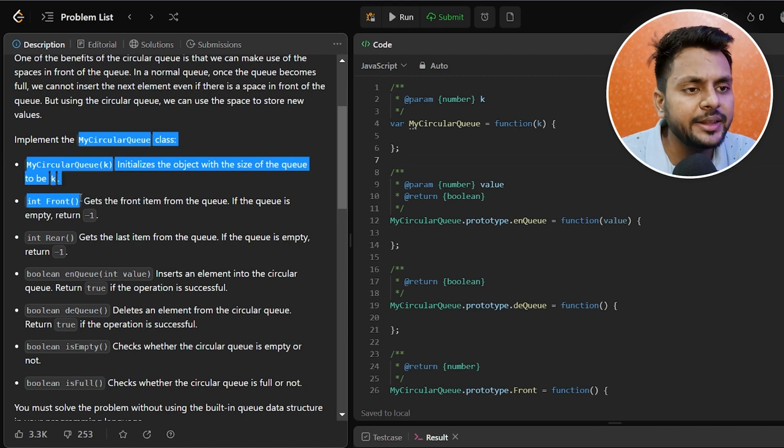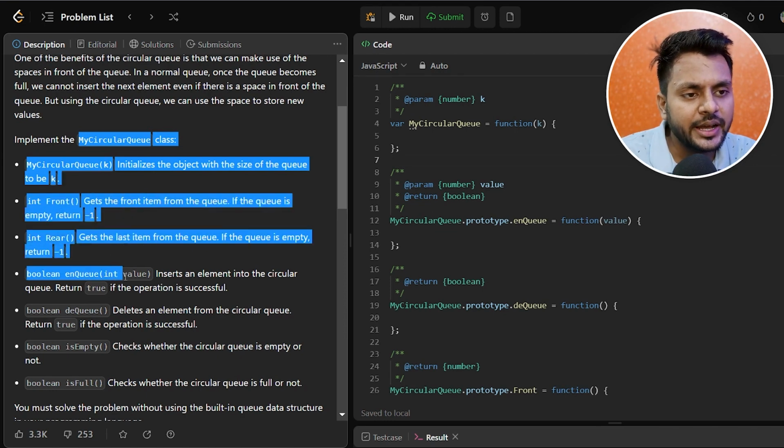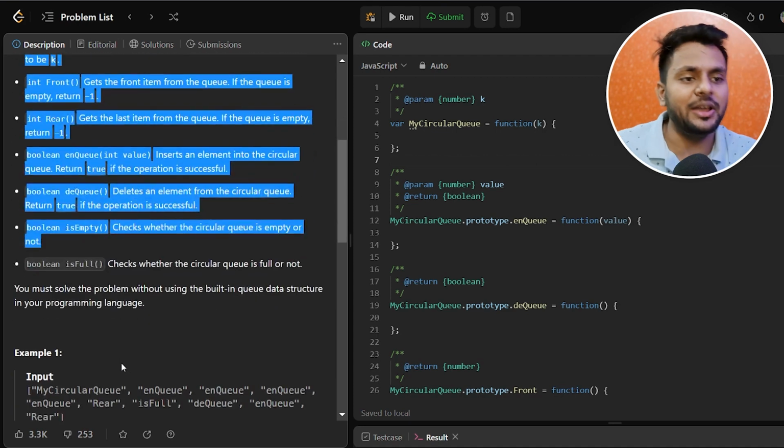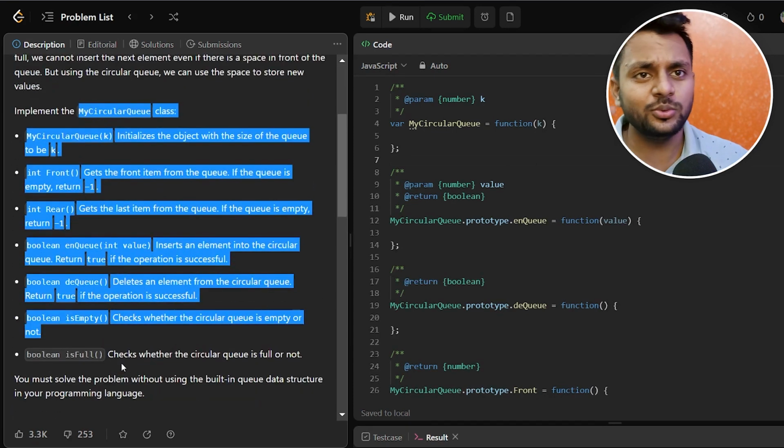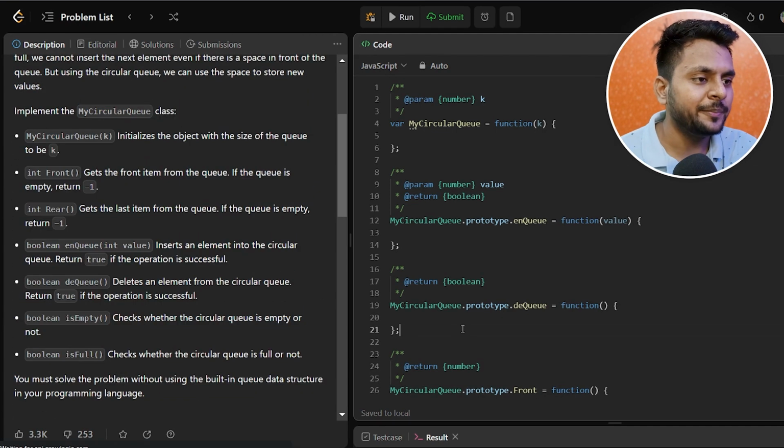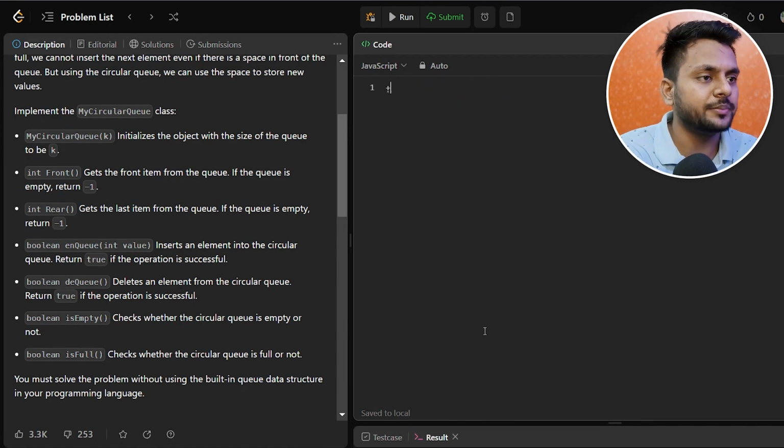Okay, and then the front and the rear and the enQueue, deQueue, these are the things that we have to implement. So now it's time to generate a class. This is what they write as a function, but I will write a class here. So I will say class MyCircularQueue,